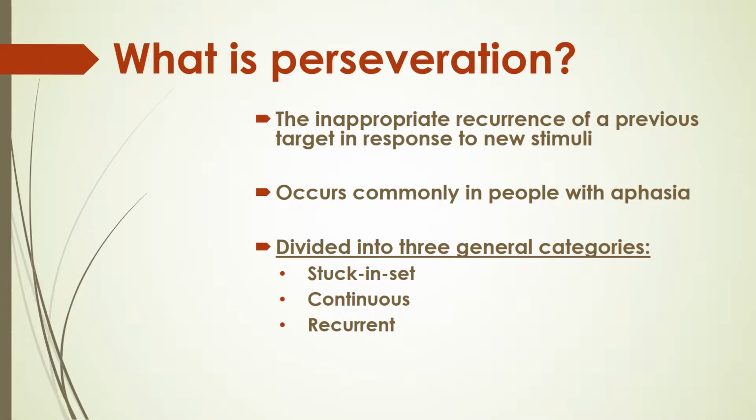What is perseveration? Perseveration can present as a repetition of a previously used phoneme, word, or phrase in response to new stimuli. It occurs commonly in people with aphasia, and it is divided into three general categories: stuck and set, which is a continuation of a behavior or thought process; continuous, which is similar to stuck and set. It is a repetition of a behavior or action for an inappropriate amount of time; or recurrent perseveration, which is what we are talking about here, which is the repetition of a previously used phoneme, word, phrase, or gesture in